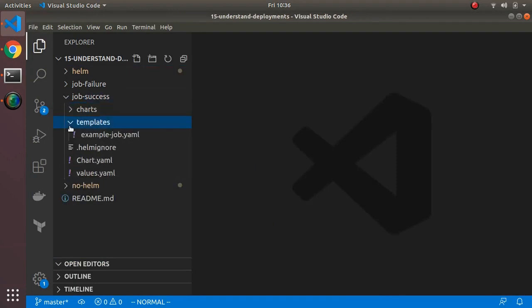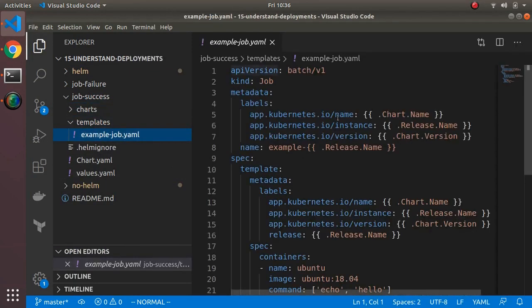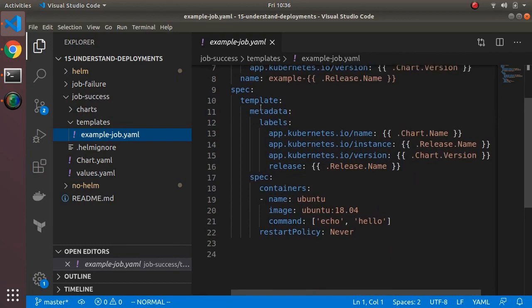And I'm looking at the template. So the key for a job is to look at the structure. You got basically a different API version, you got the job, metadata is metadata. The spec is basically a pod template spec, right? And the key here is the restart policy of the pod itself, right? Needs to be either never or on failure,